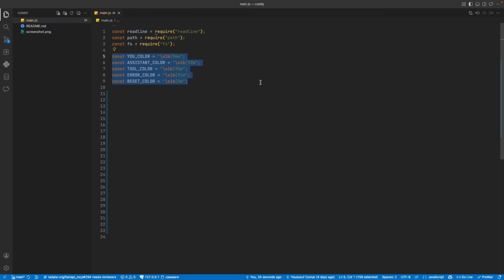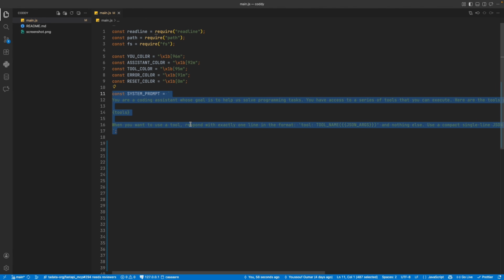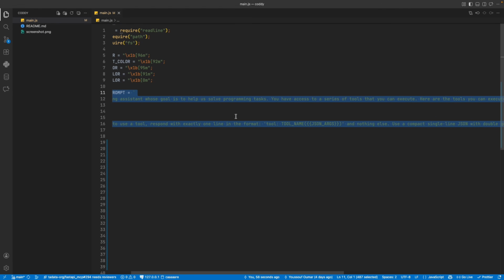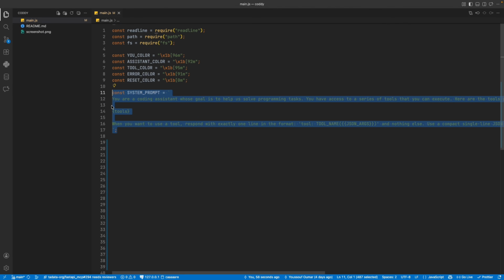After that, we'll have some colors. These will help us have different colors in the terminal output, and then our system prompt. So when a user asks us something, we don't just send the user message, we send with it a system prompt. Like here, we're saying: you are a coding assistant whose goal is to help us solve programming problems, all of this. And then we say, here are the tools that you can execute.